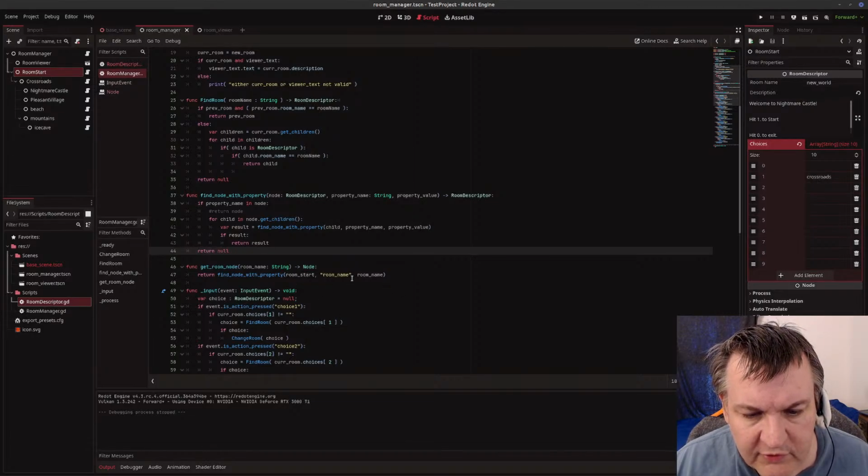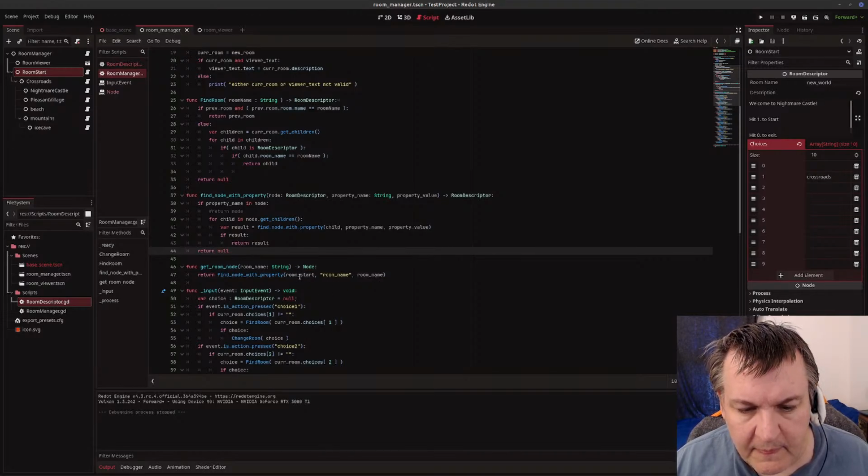I pass room start, which is just basically the room start, and ice cave through that. Okay, so we go in there, we check property name in the node, and room name is in room descriptor. Okay, I get that. So now we go through a loop, get the children, and now go to the result,